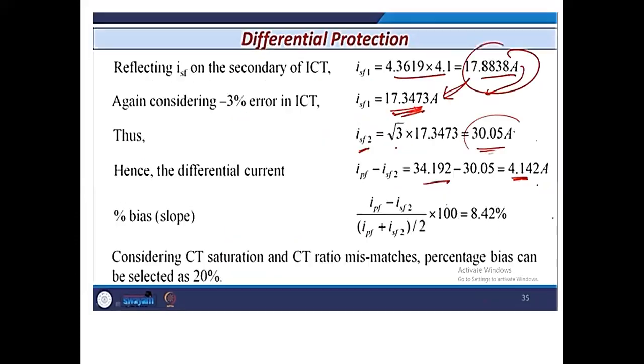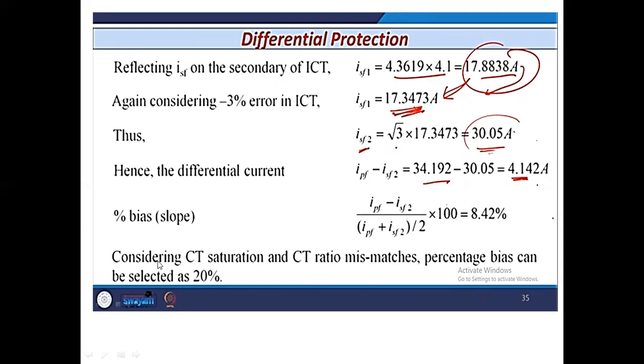So first of all, consider the 10% setting. For 10% there is a mismatch, so I can go for the higher setting, that is 20%. So we can consider 20%, and with 20% you will get a good result. Okay.